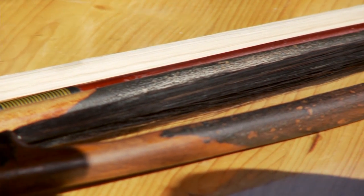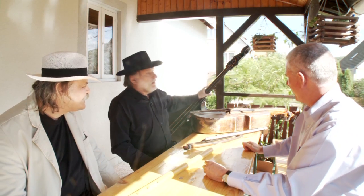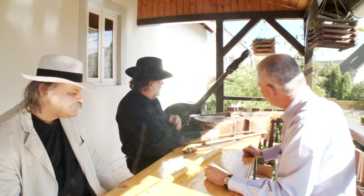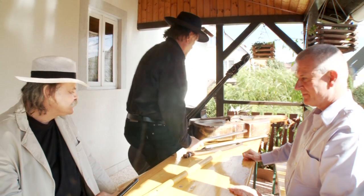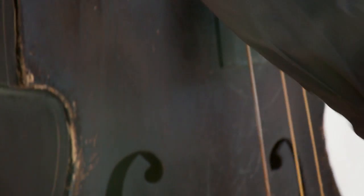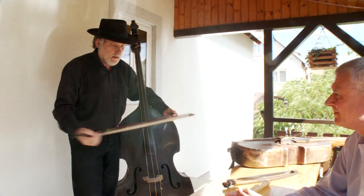I was wondering, could you show us a little bit on the string bass, and just explain a little bit how it's constructed? It's like a classical bass. Not too much difference. The big difference is between the two techniques: the classical players, of course, use this kind of classical bow, and